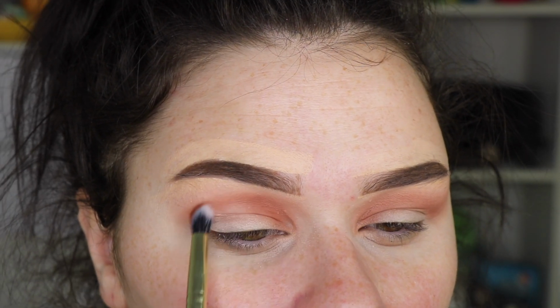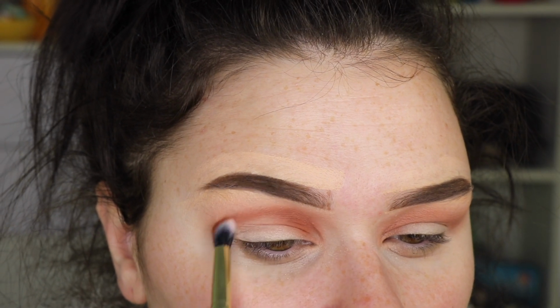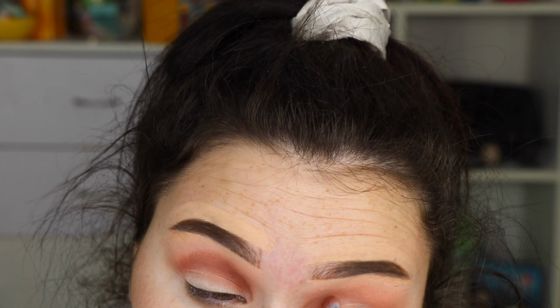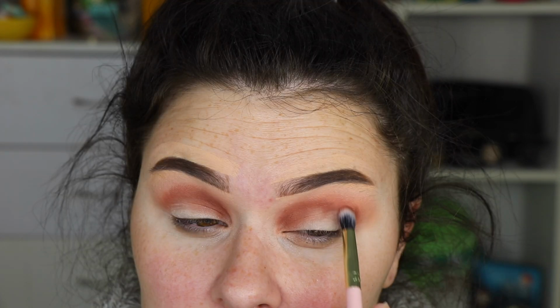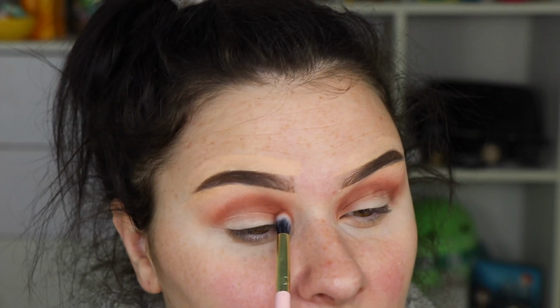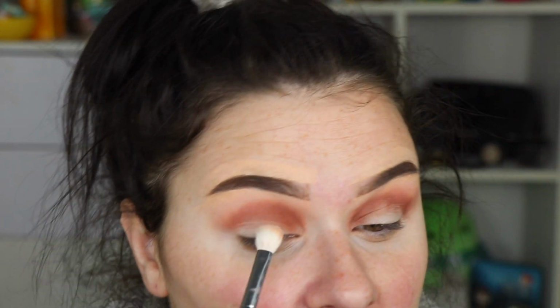And you will get to know your own eye shape and what looks good on you and where. Which I've actually put mine up too high. Oh well. Normally I probably wouldn't go that high, but oh well. So I do a little bit of a rough placement. You can see this is more what I was going for, and I've accidentally put it up too high there, but whatever. It happens. So after I've got it shaped out,